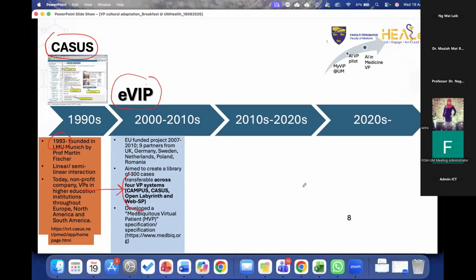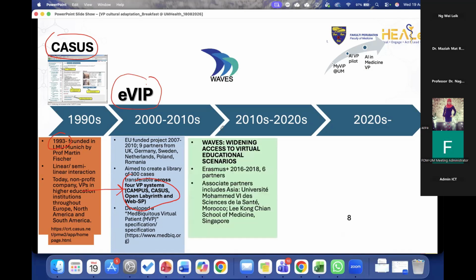And they use four different types of software: Campus, Casus, Open Labyrinth, and WebSP. So there were many different types of software built for virtual patients, open access, open source, all maintained by different universities or consortia. This project eventually became WAVES, which is Widening Access to Virtual Educational Scenarios, which started to involve some partners from the Southeast Asian side. So you can see here, Lee Kong Chian School of Medicine was part of this project